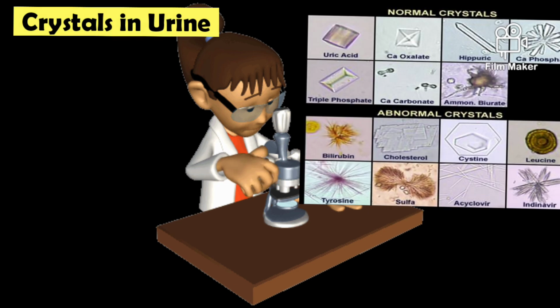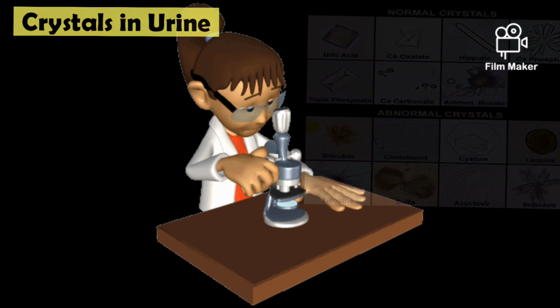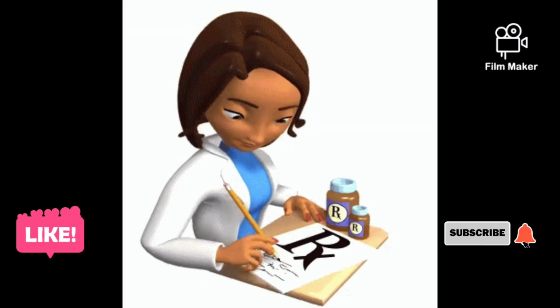And last is the crystals. There are different types of crystals in the urine like uric acid, calcium oxalate, cysteine, calcium carbonate crystals, etc. The presence of crystals in the urine on microscopic examination will strongly suggest certain kidney stones. Normal small and few crystals do not matter, but if the crystals are large and numerous, we can suspect a person is suffering from kidney stones. This is all about the urine test report analysis.